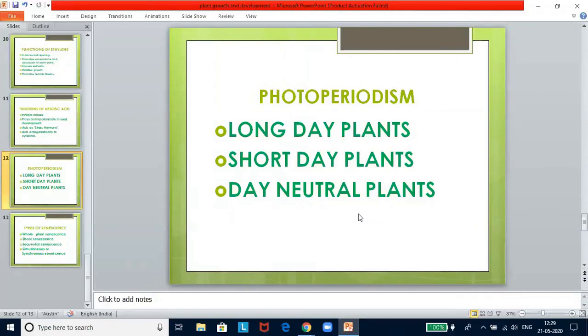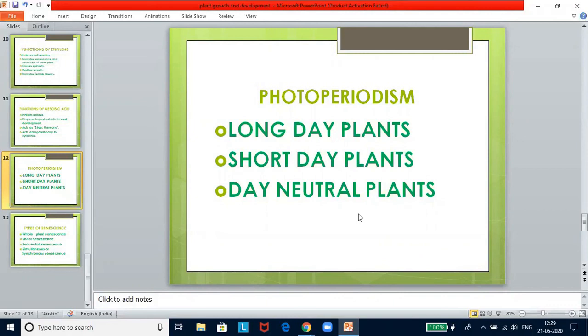However, the light period was interrupted in short day plants by a brief exposure to light. They failed to flower. The requirement is actually for a long night or a critical dark period rather than for a short day length. Thus, a short day plant is more appropriately called a long night plant.